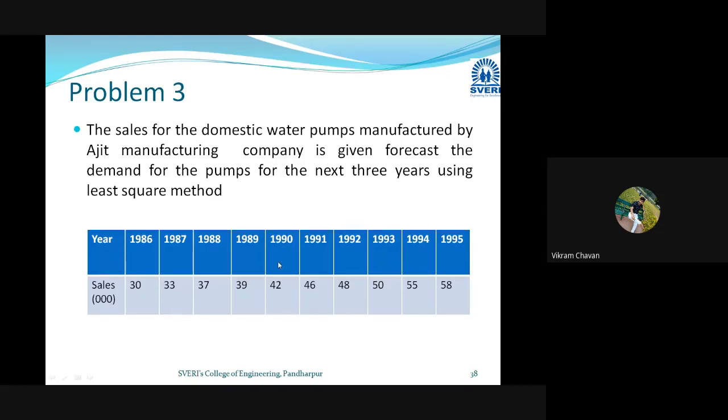1990 will not be a middle year. If you consider 1991 as a middle year, then before that there are 1, 2, 3, 4, 5 years, and after 1991 there are 1, 2, 3, 4 years. So yes, the middle period of 1990 and 1991 will be considered as the origin for the deviation.